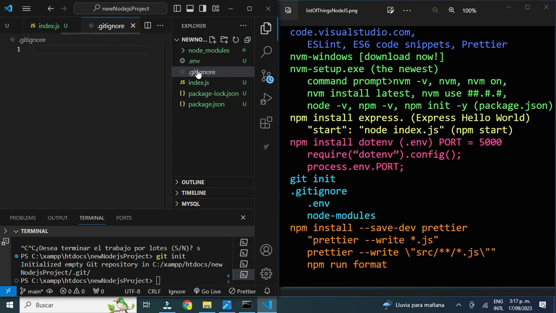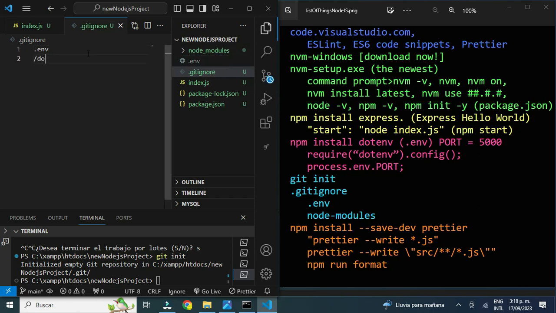I can save names of files and folders I don't want to be saved in my repository. So .env is one of those files, and as you see, it has changed color because Git is not working with this file. And now I'm going to write node_modules